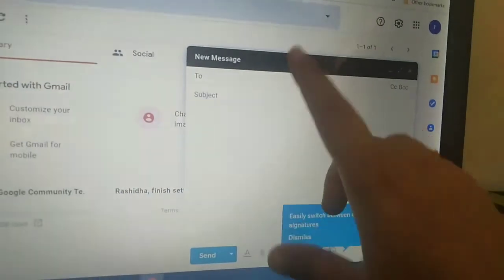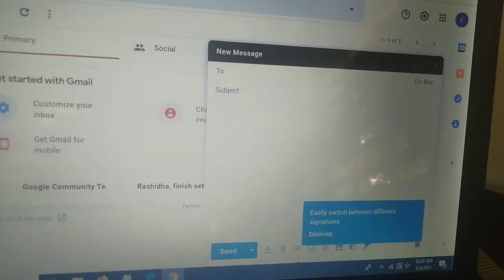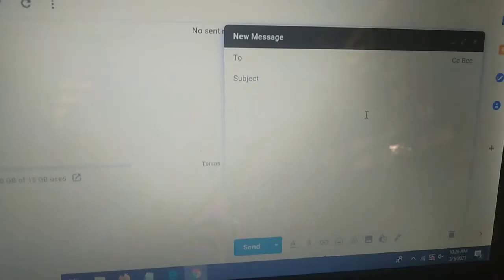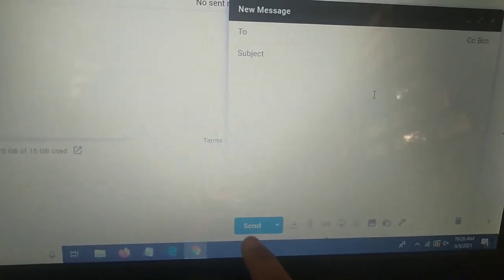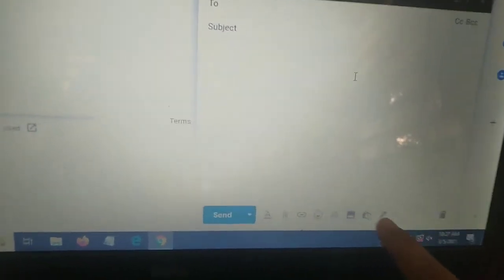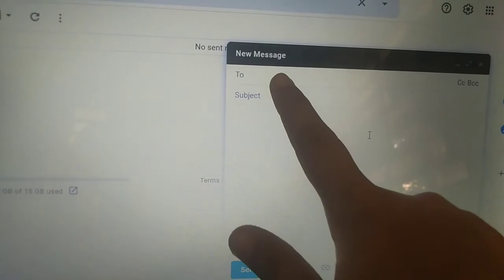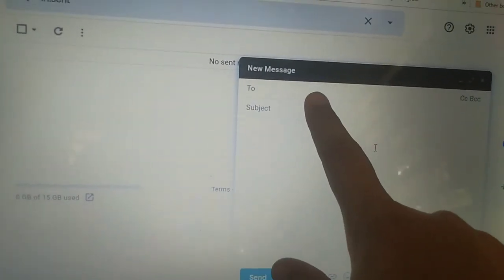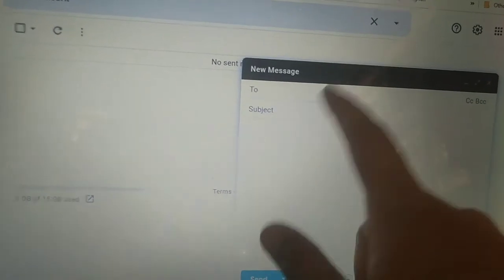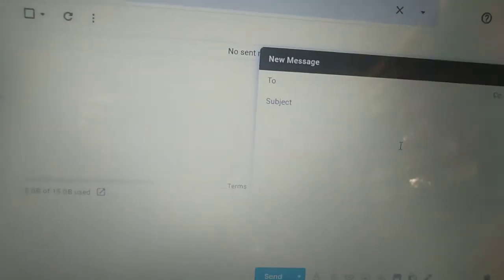At the bottom there is a send button and there are some options also. First one, To: this is your receiver's email address.